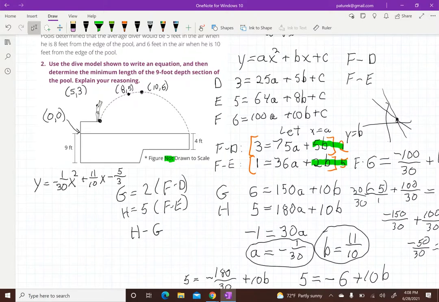We're assuming that when the person enters the water, they need to be over the 9-foot section. And that means we need to solve for when y has a value of 0, when the diver is at the surface of the pool. Now, there's going to be 2 solutions. They don't show this to scale, but,